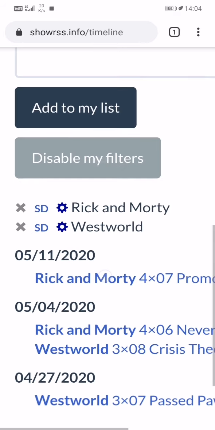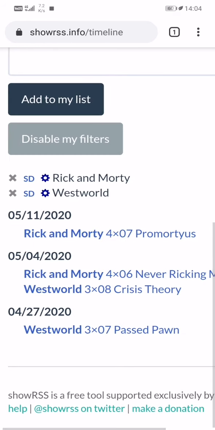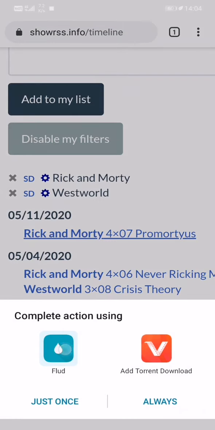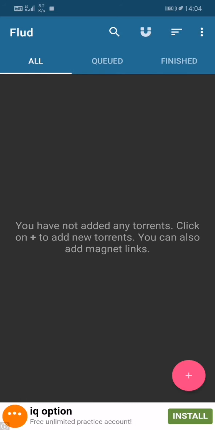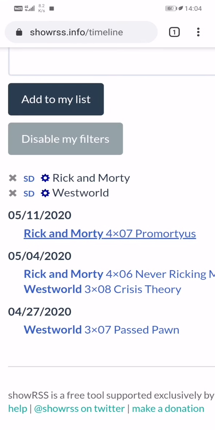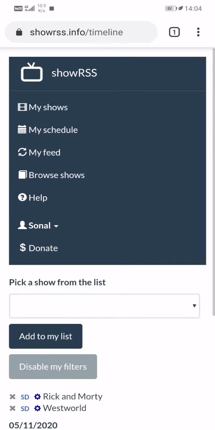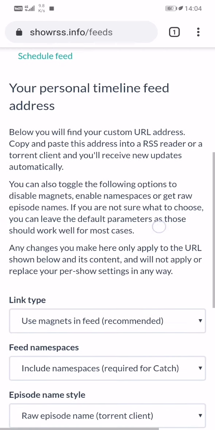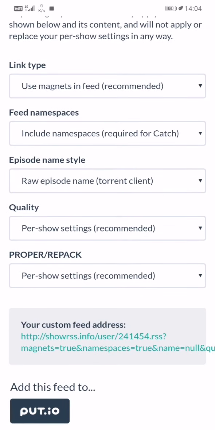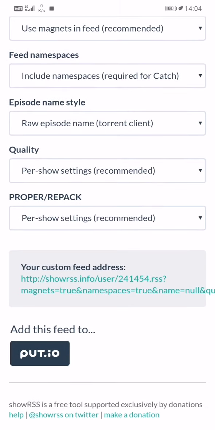So let's go back. Now from here you can directly click on this, and it will show you prompt to download the show directly, because it points to a magnet link. But that's too much manual work, and that's not what this video is about. So here comes the final part. You need to go to this my feed option, and you can change this settings later. Basically you need to copy this link address,